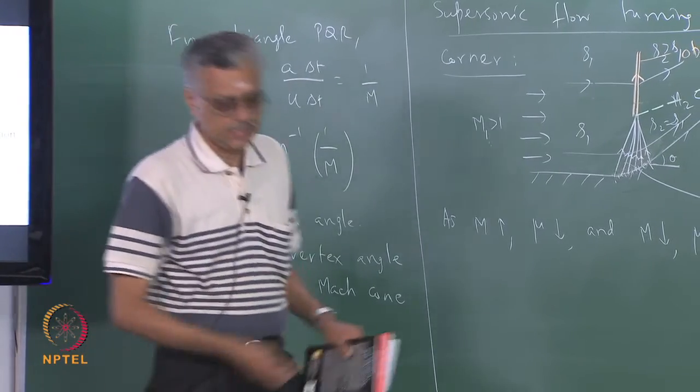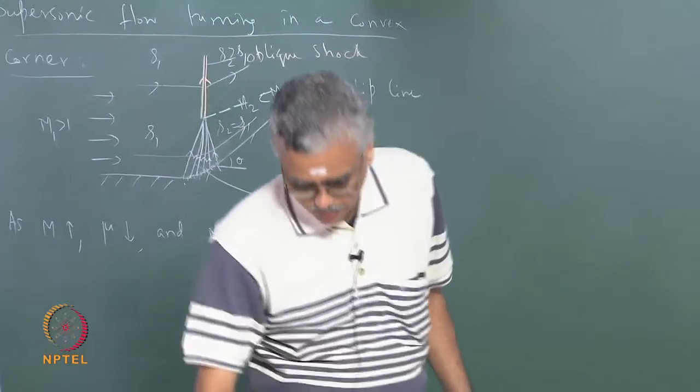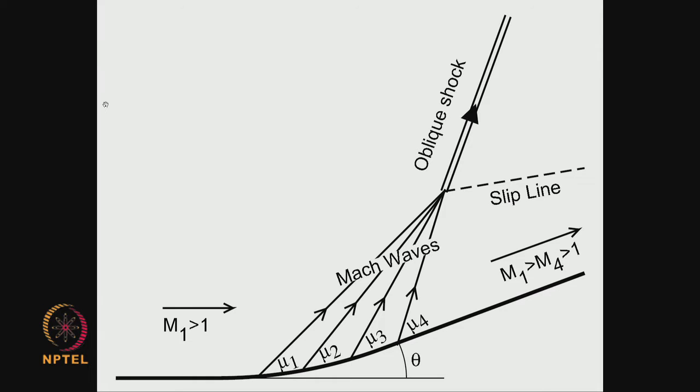Right? We have an attached oblique shock. Let us look at this picture. So you can see the situation sketched here. Notice that this is the supersonic flow. Here we have a smooth corner, and you see the coalescence of the Mach waves into an oblique shock with a slip line. Remember, the Mach angle, again, like the shock angle, the flow deflection angle and the wave angle